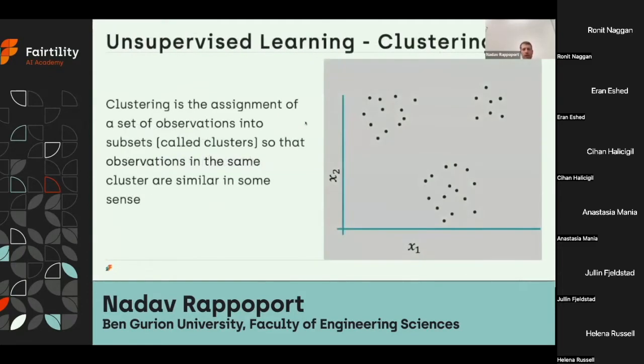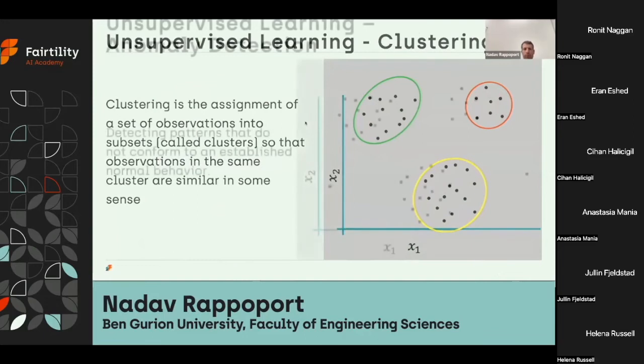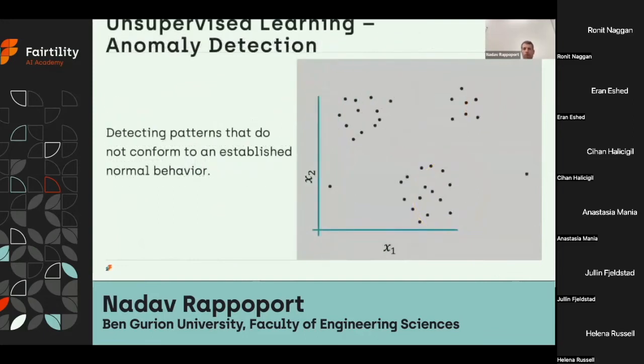In clustering, the task is to assign each sample to a cluster where close observations are assigned to the same cluster and unrelated samples in different clusters. There are different flavors of clustering, and the number of clusters may also be part of the learning task. In anomaly detection, we want to learn possible patterns in the data and identify samples which look odd. For example, detecting cyber attacks using unusual network communications.